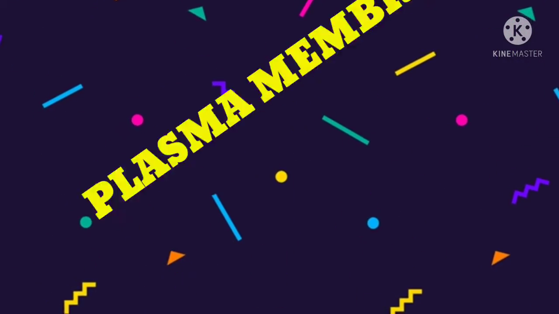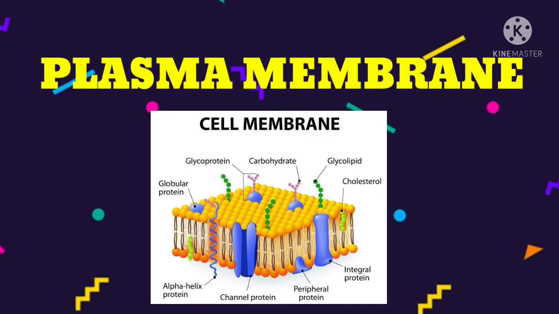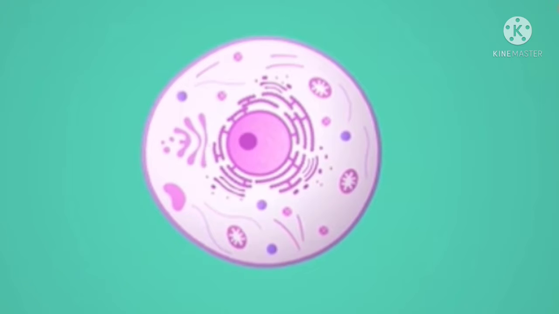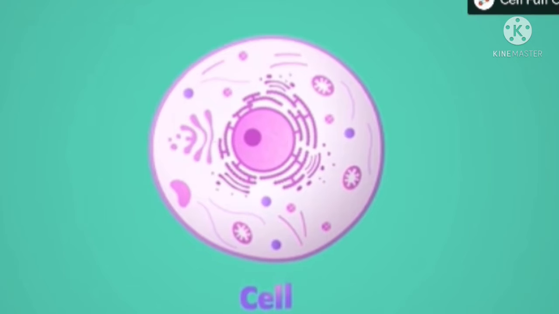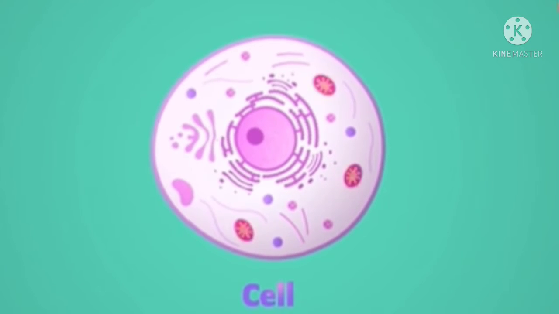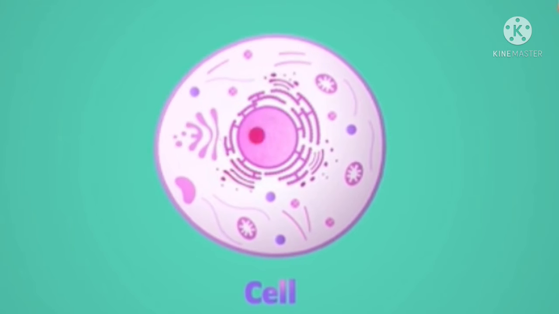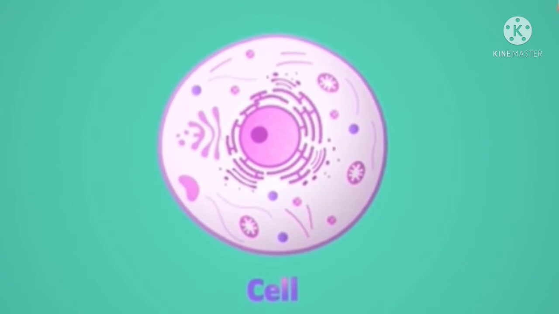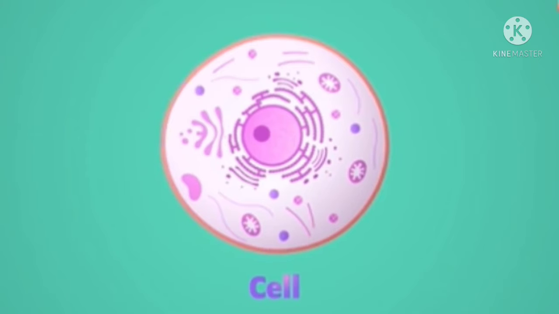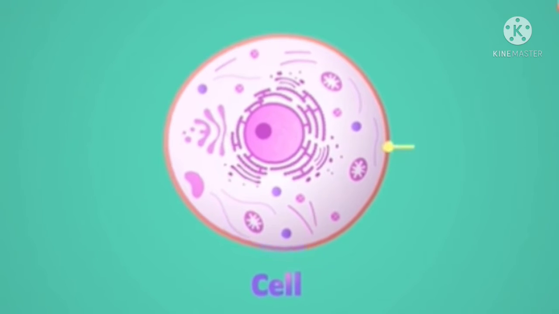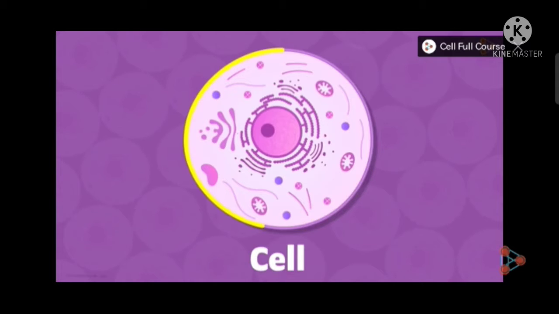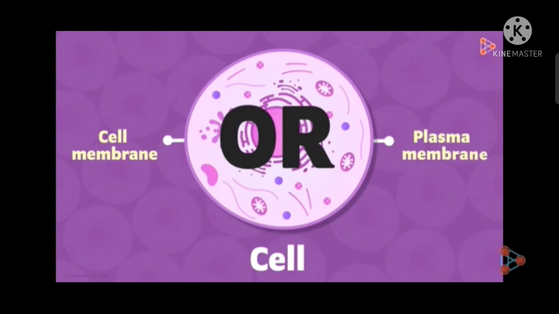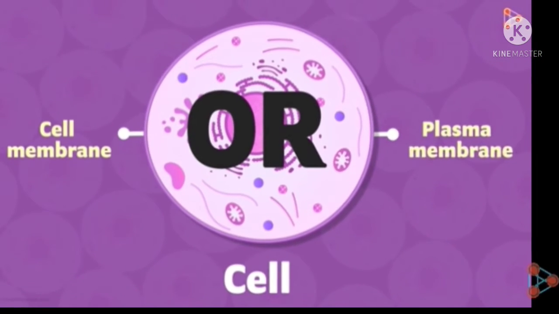So children, in this video we are going to know about the plasma membrane in a detailed manner. Tell me, what exactly is this? I am sure your answer will be that it is a cell. Now to study this we need to know every component within, and not only within, we even need to study the covering, that is this part, in detail. Can you tell me what exactly this is named? That's right. The covering membrane of the cell is called the cell membrane or plasma membrane.